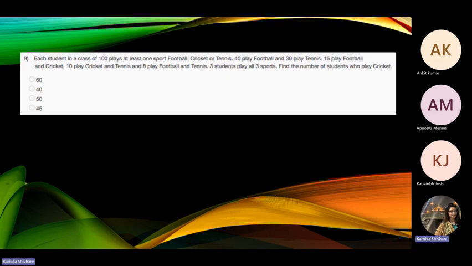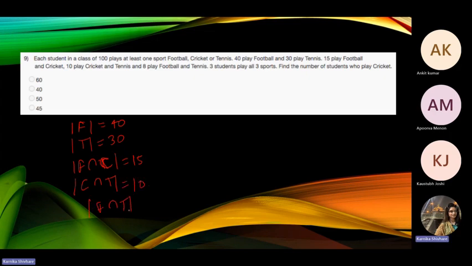So this gives us at least one sport. Everyone plays at least one sport, right? Everyone is playing something or the other. Then 40 play football, so F is 40. Tennis is 30. Football and cricket is 15. Cricket and tennis is 10. Football and tennis is